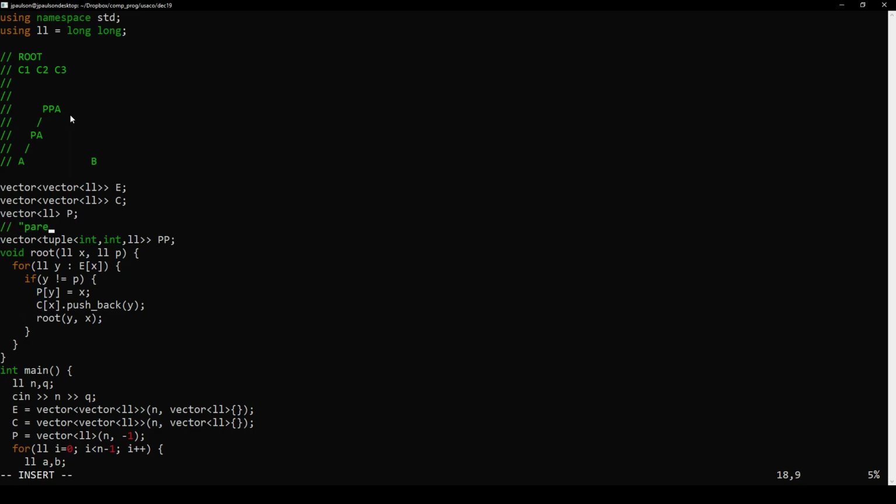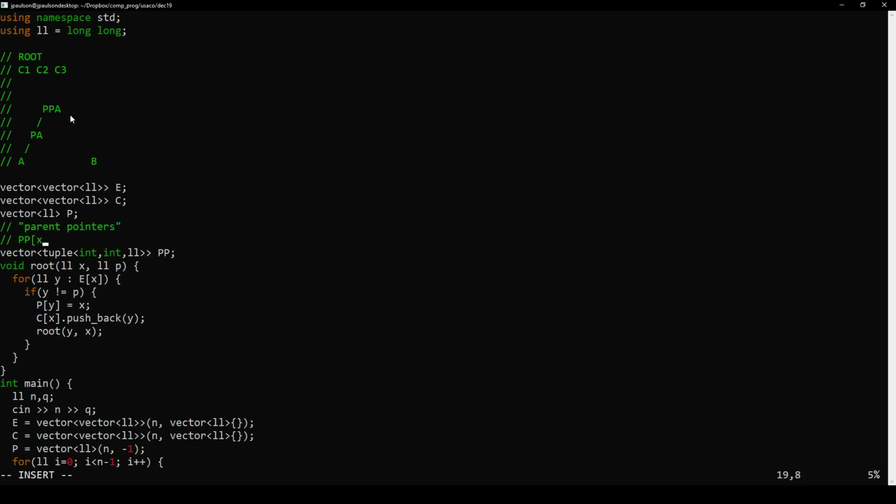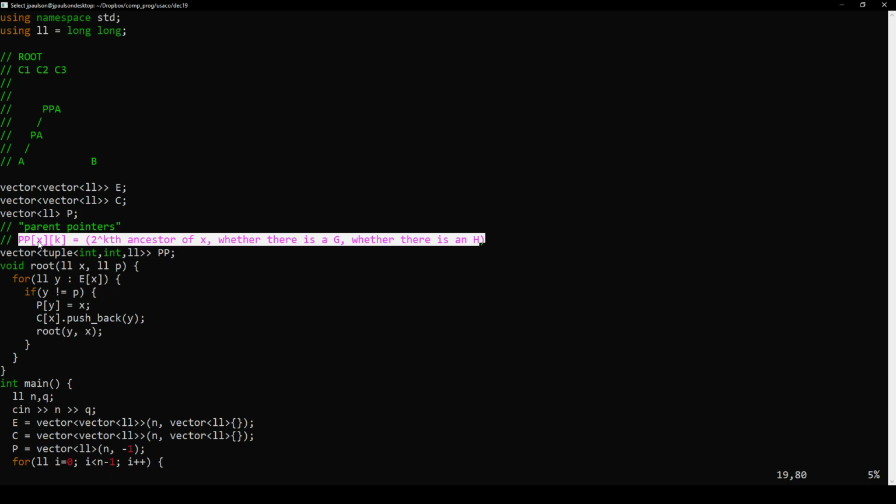This is going to be the key data structure. The parent pointer of xk is the 2 to the kth ancestor of x, whether there is a g, whether there is an h along that path. So we're going to compute this for all nodes x and all log depths k. There's n of these and log n of these, so this is an n log n sort